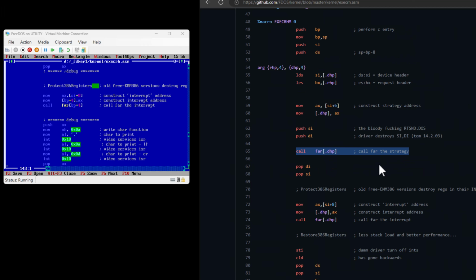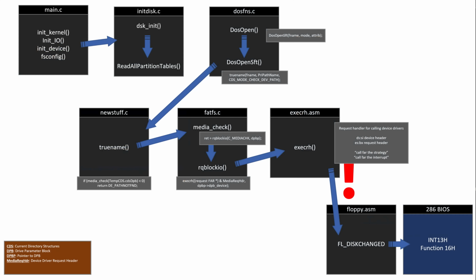So I have to do some more searching and understand what it means when it says construct strategy address and call for the strategy. And then down here it actually does some call for an interrupt. So calling an interrupt, that makes sense to me. And this interrupt, I would expect, again goes back to this other visual here, where I would expect that it's trying to get to